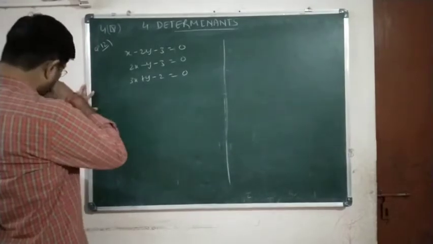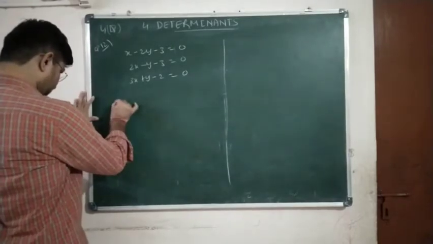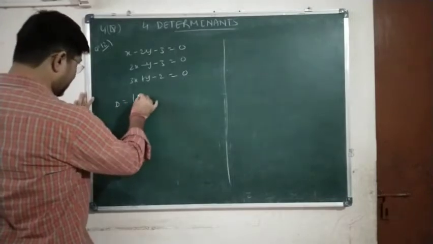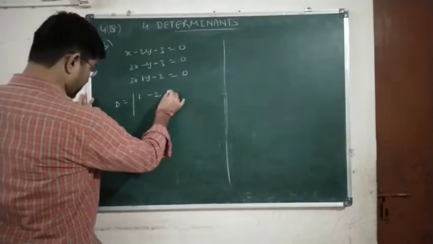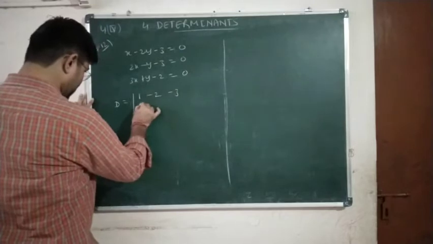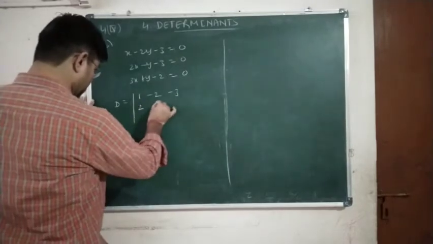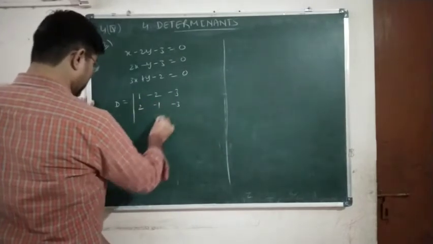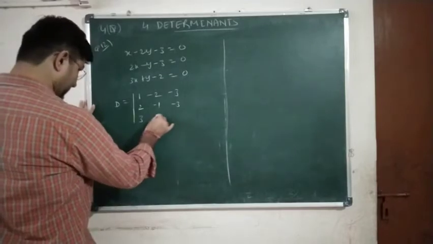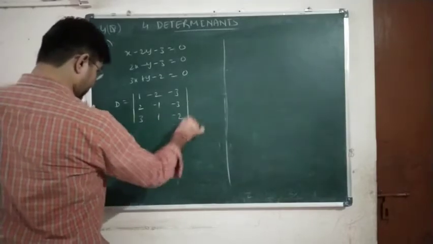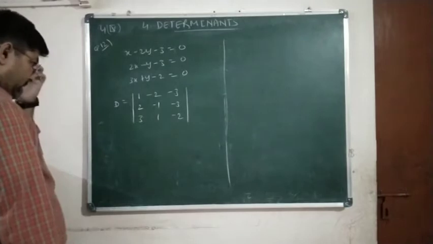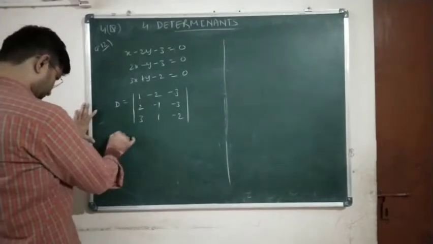So here we will find out the determinant D to be equal to 0. Okay, and therefore let us calculate determinant D. 1 minus 2 minus 3, 2 minus 1 minus 3 and 3 1 minus 2. Clear? Okay, now expanding along